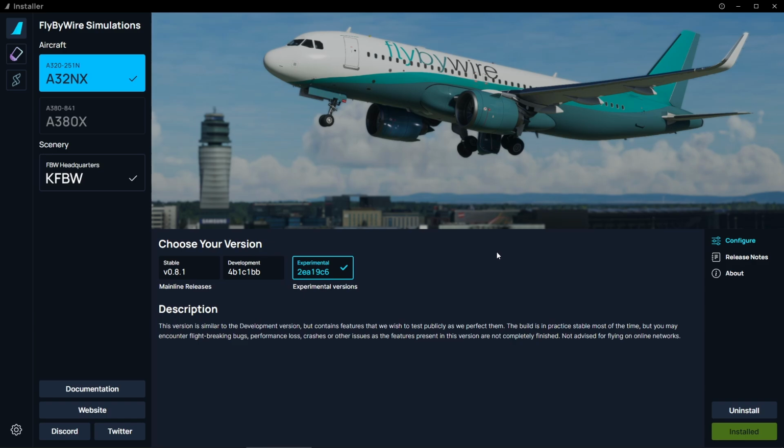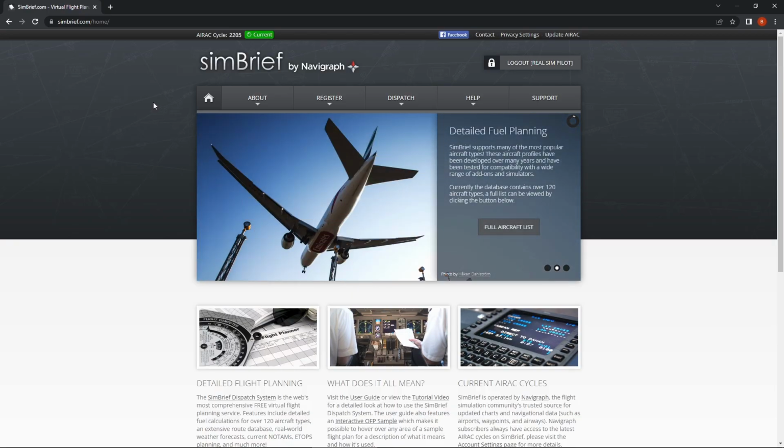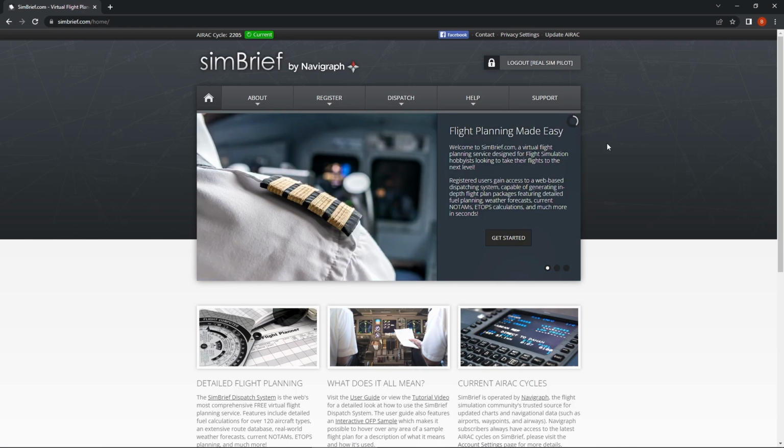Right, now that you have the A32nx, the very next step is to get yourself set up with a SimBrief account and get the profile for the FlyByWire A32nx aircraft into your fleet of aircraft inside SimBrief. So head on over to simbrief.com. If you haven't already registered yourself an account, do so. It's also free of charge. If you don't have a Navigraph account, your AIRAC will be outdated by 1 or 2 months, but that's not really an issue. After registering your account, you need the A32nx airframe profile in your fleet of aircraft inside SimBrief,